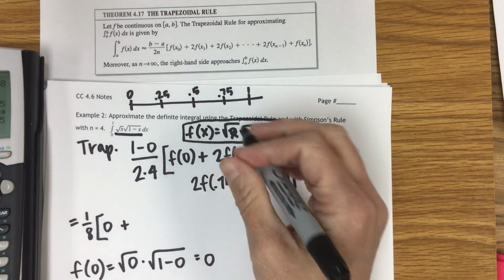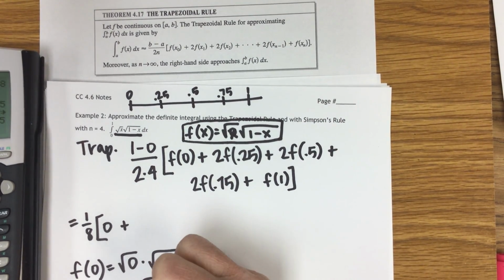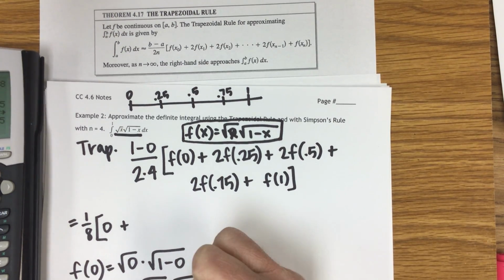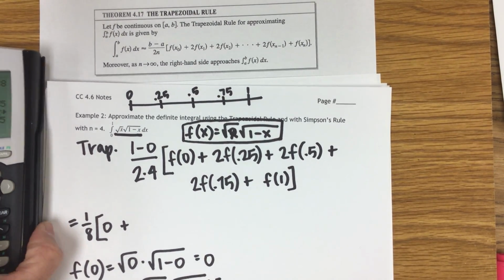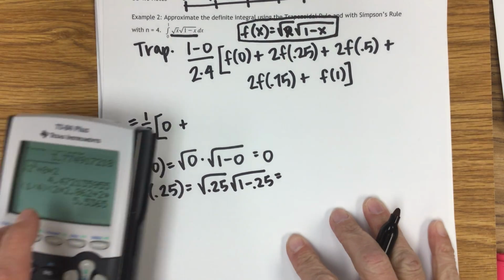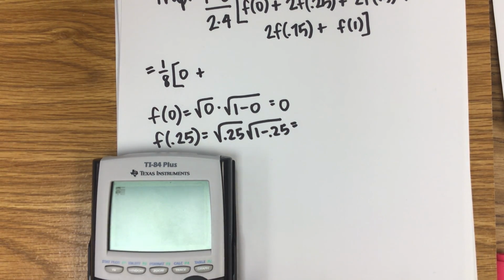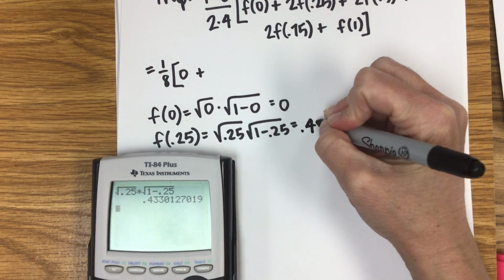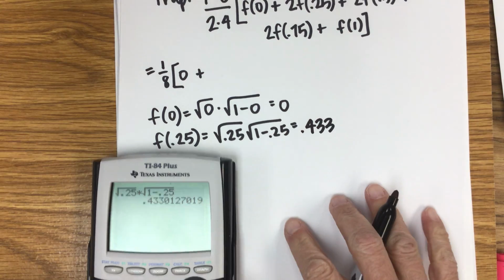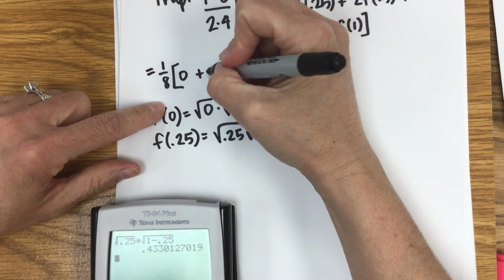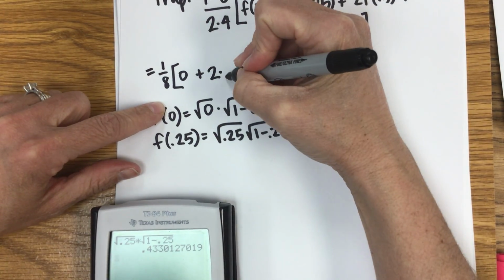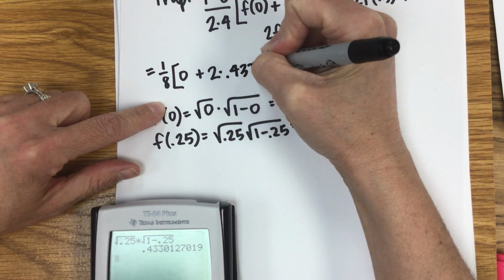So I'm going to do square root of 0.25 times square root of 1 minus 0.25, and I'll show you what I'm doing. So square root of 0.25 times square root of 1 minus 0.25, and that is 0.433. So then that's 2 times 0.433